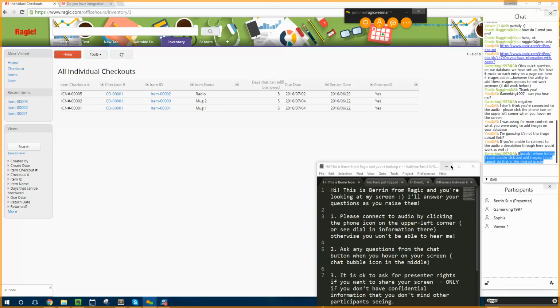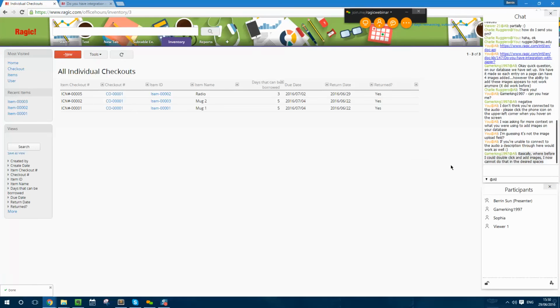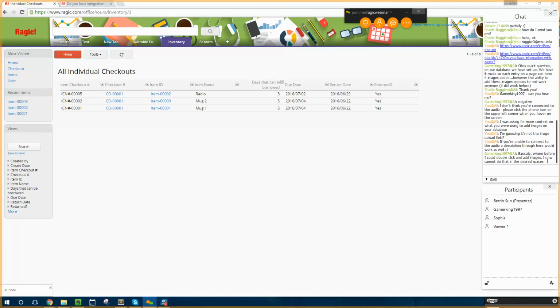Where you before could double click and add images, you cannot do that in desired spaces. I'm not sure. There's no way to double click and add images, unless you're using an image upload field. I think what we can do is basically, if it's a free text field,